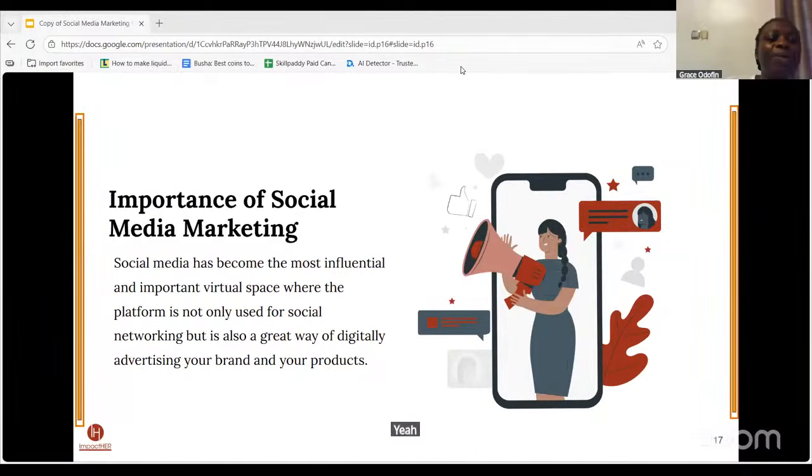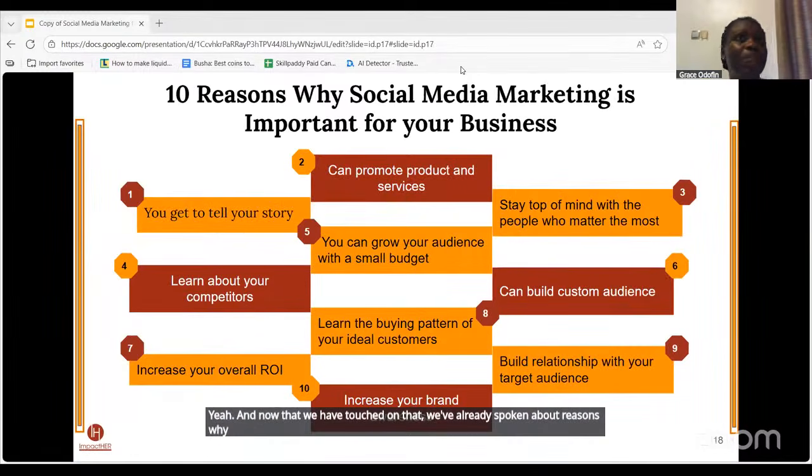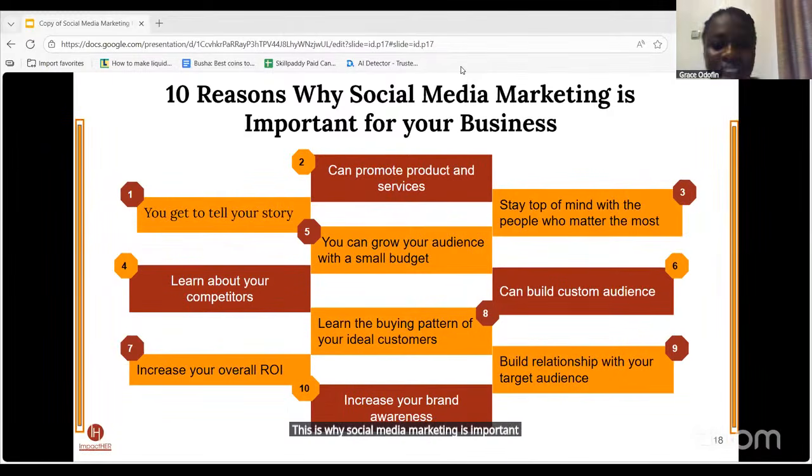Yeah. And now that we have touched on that, we've already spoken about reasons why social media marketing is important for your business. First thing first, you are able to tell your brand story. You're able to connect with more people online. Now